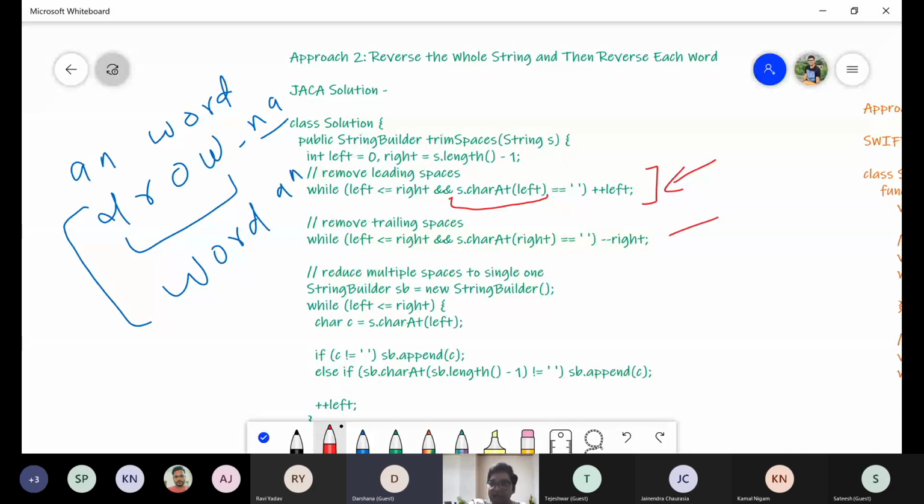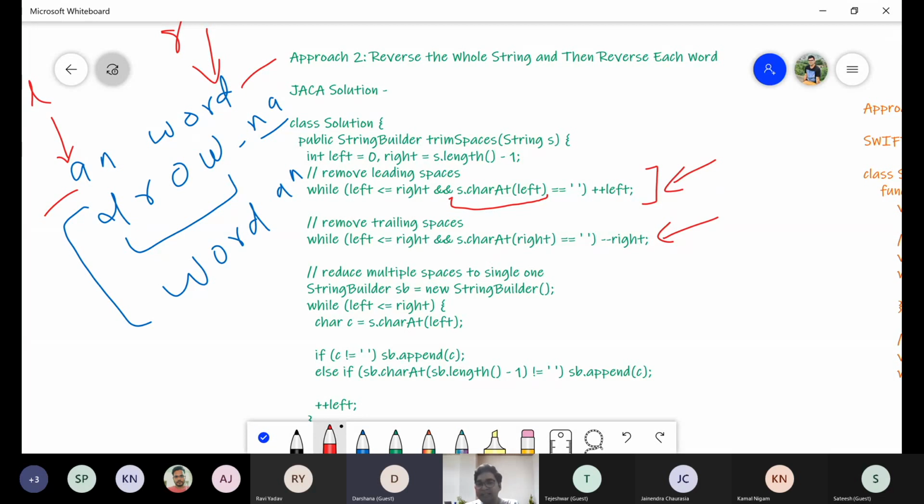Similarly, for this logic, right is equal to length minus 1, which is the last index of the string. We check if it contains space, then we decrease right, moving until the spaces end. So now after these two while loops, left will be here and the right variable will be here.